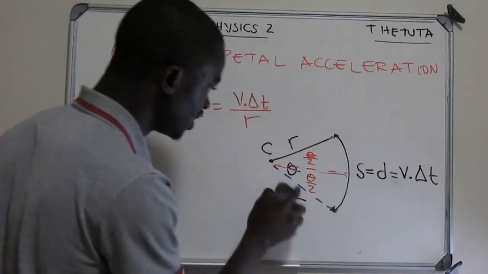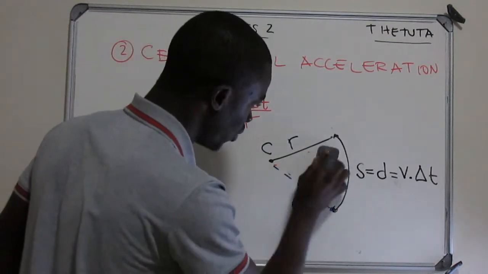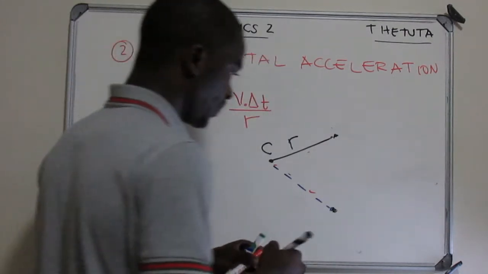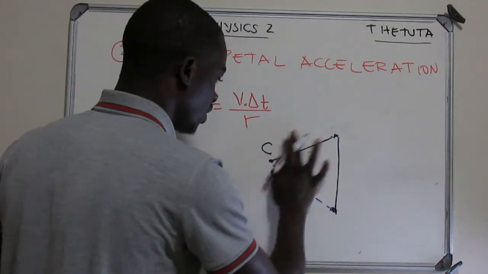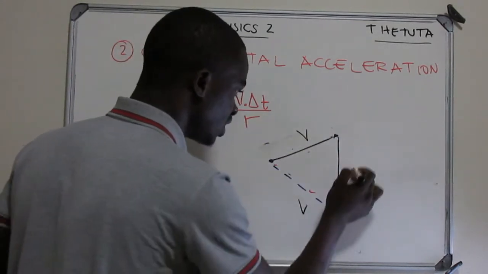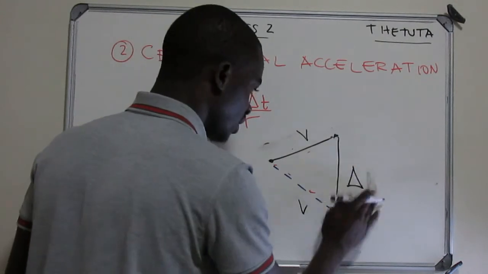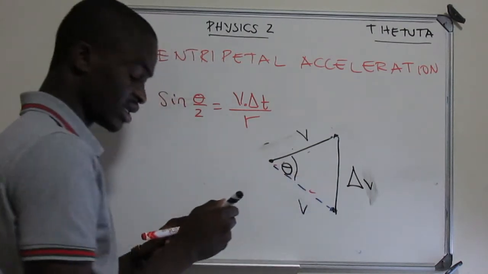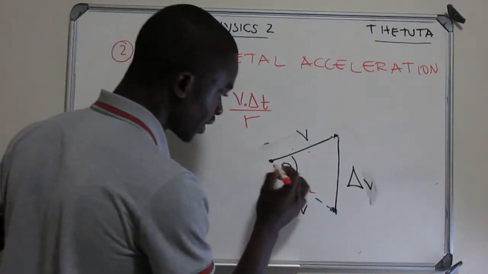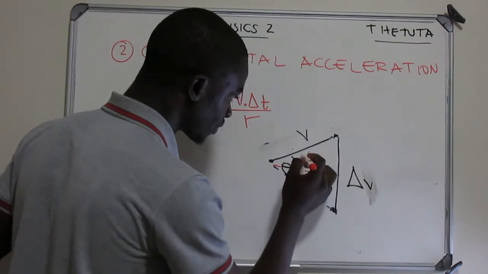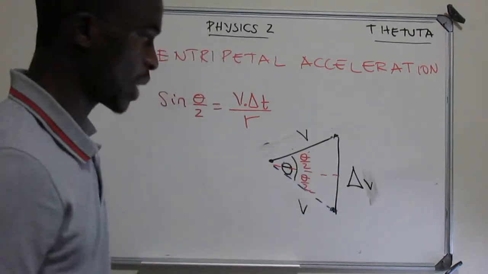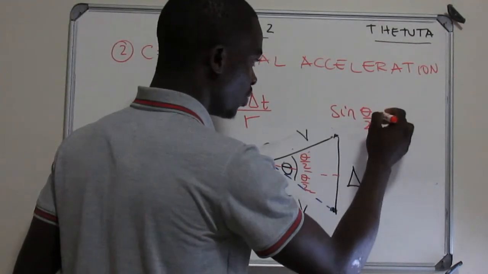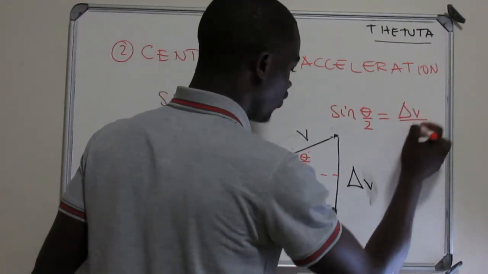The second equation is whereby we consider that it changes the direction. We have a change in velocity, and this was then changing in time. So we come here. Now we have the velocity and the change in velocity. This angle here remains the same in both cases. So you divide this triangle in 2 again, and because it's an isosceles triangle, if you apply sine here, sine of the angle divided by 2 is going to be given by the change in velocity divided by the velocity.